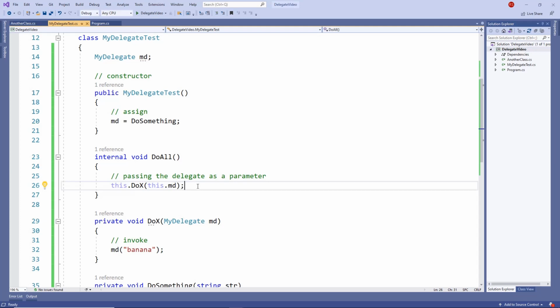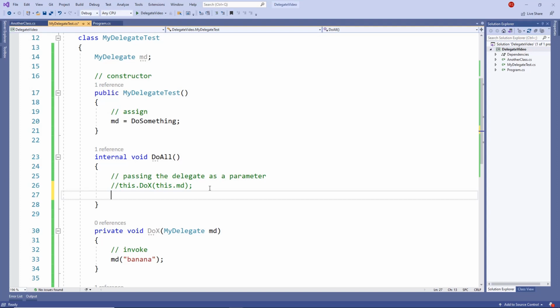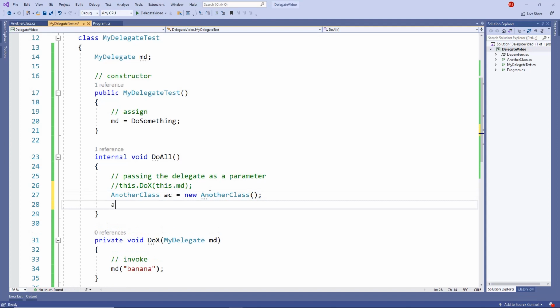And then here, instead of passing this delegate to this method, I'm going to actually call a method in another class. So first I'm going to create an object of type another class. And now I'm going to call a method on another class. And I'm going to pass this.md, which is the delegate, to another class